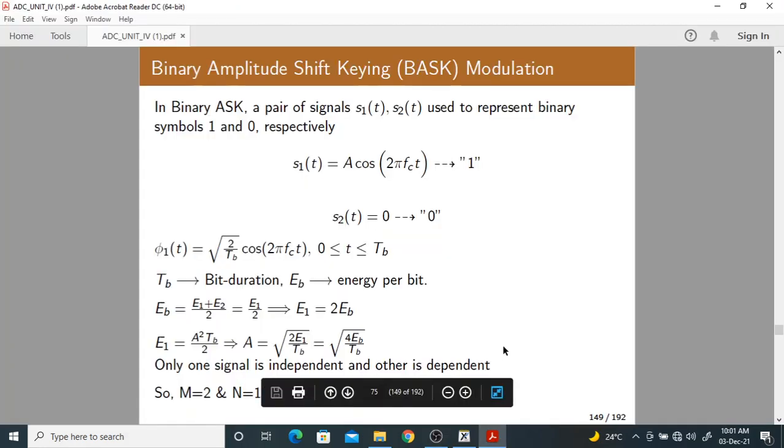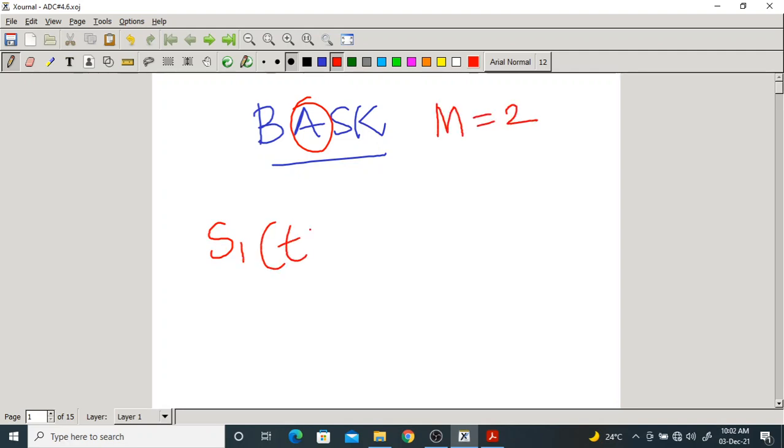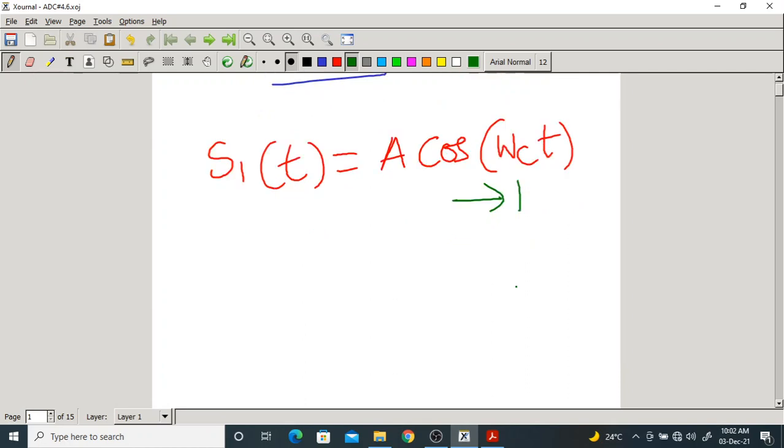So today let us discuss the last basic binary modulation technique, namely BASK. In this BASK we distinguish the bits 1 and 0 by using what? Amplitude, which means we use different amplitudes for different bits. Since it's binary, here M equal to 2. Now we need to generate two waveforms with different amplitudes. A cos omega ct, that is for bit 1. The simplest way is, for bit 0, we transmit nothing.